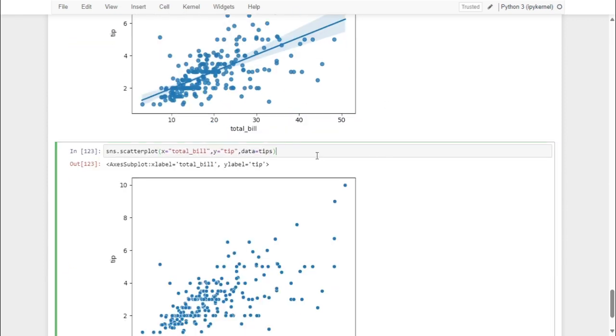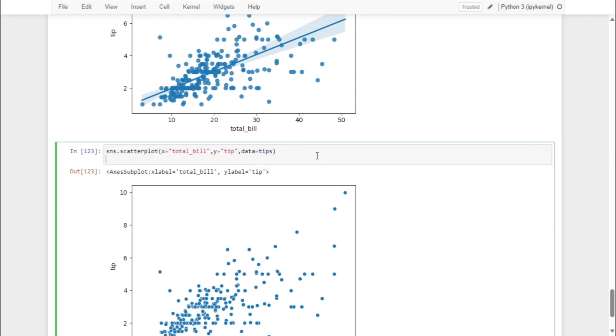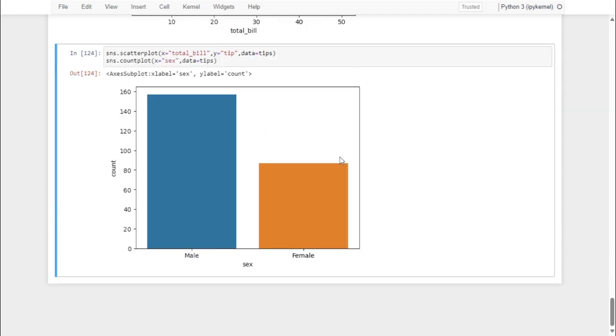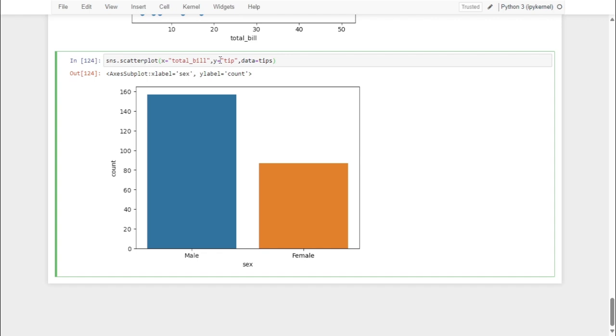Okay. And we can do another thing. Write another plot code at the bottom of it. Let's say a count plot, and count the number of, let's say, male or female. Let's see if it runs. Okay, it overdrew. Basically, if you want to run two plots, multiple plots, in sns, you have